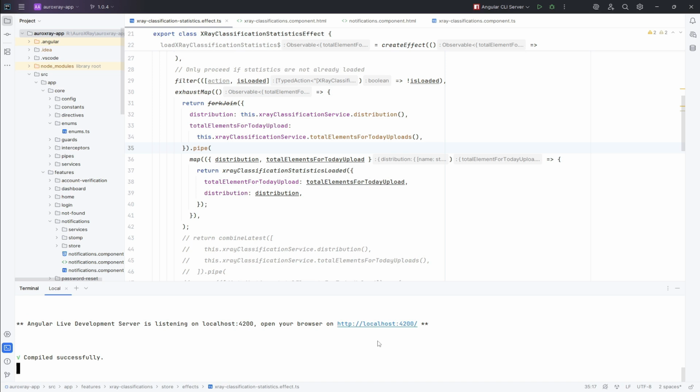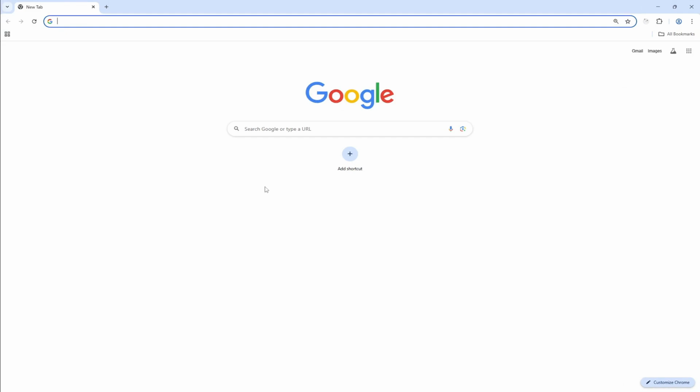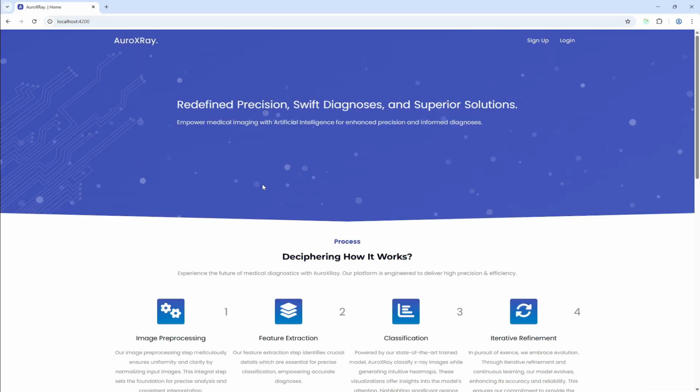Okay, so both apps are up. Let me open them. So localhost 4200. Here is the home page of the Oro X-ray application.